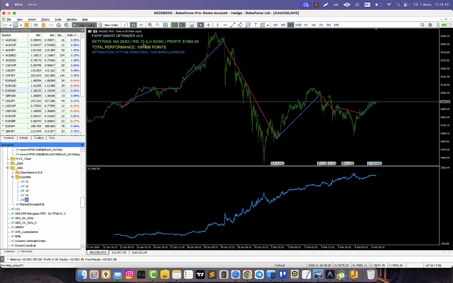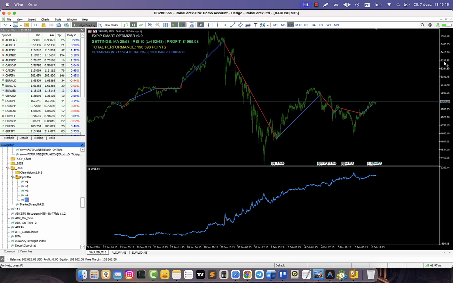RSI period 10, the buy level 52, sell level 48. It means if RSI is below 48 it's a sell signal, if higher than 52 it's a buy. In this case he filtered between 48 and 52. This is his range. We don't trade, better not trade in such a range. And the profit is 1000, almost $2000, and the points are the same because the cost of a pip at